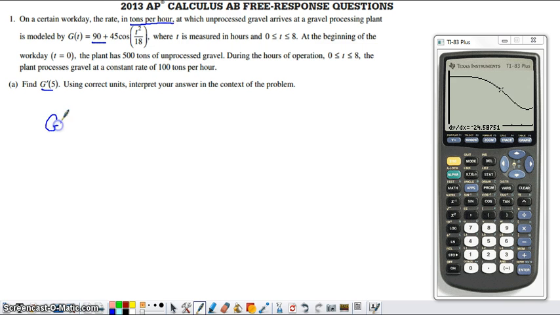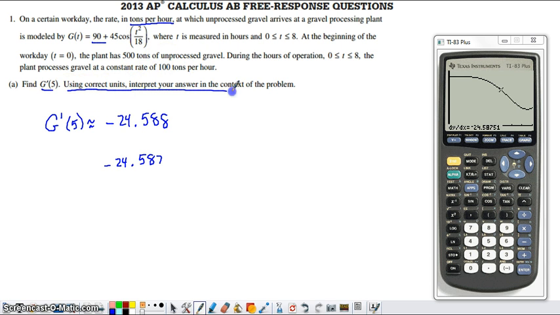And so I'm going to say that G prime of 5 is approximated with, and on the AP Calculus exam, on the calculator section, you always want to round or truncate to 3 digits. So you can write your answer as negative 24.58 and 7, cutting off everything beyond that third digit. That's truncating the decimal. Or you could use the normal way that you round, and since the digit after the 7 is 5, you would bump that 7 up to an 8. So you could write this as your answer, or if you wanted to truncate it, like I mentioned a few seconds ago, you could write this as your answer, and both would receive full credit as long as you remember